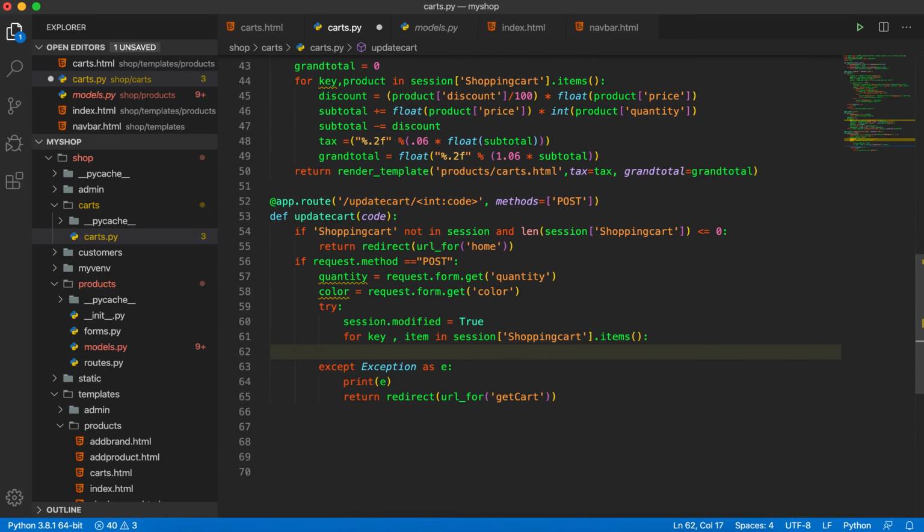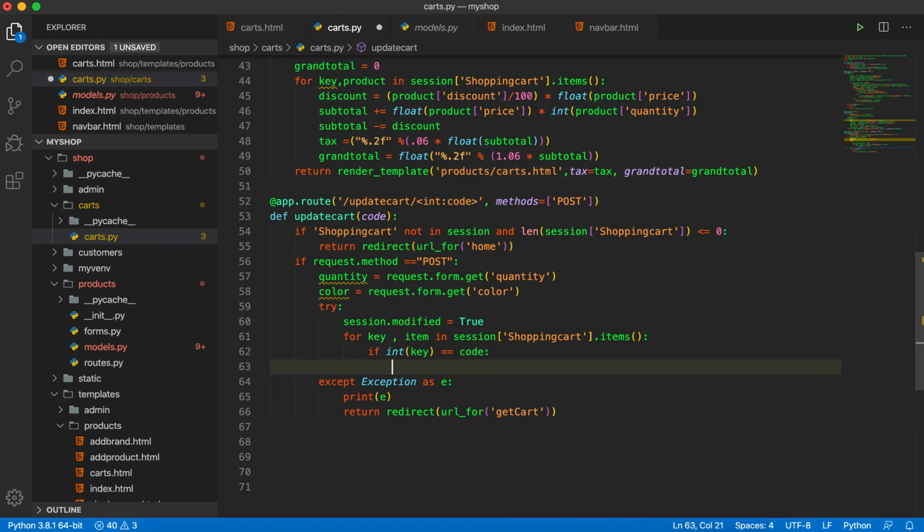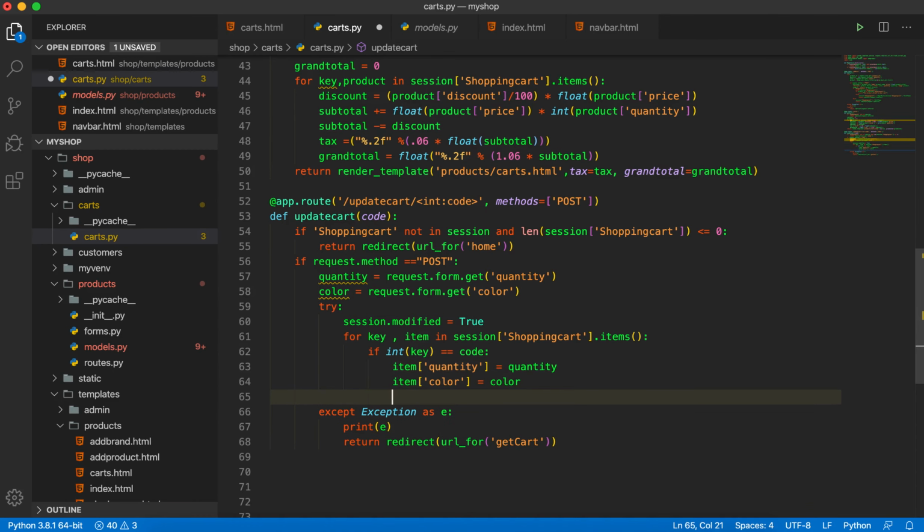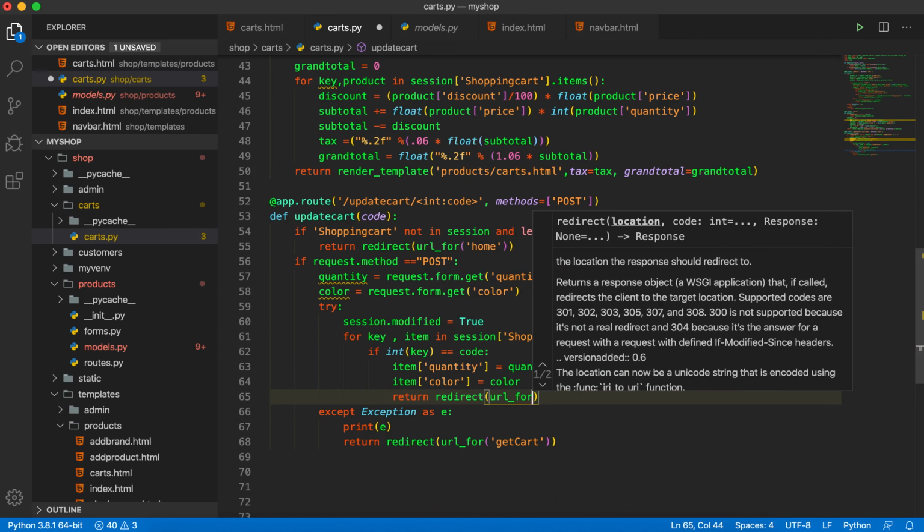So then if key, I will make it integer key, is equal to code, and then what we will do here, item.color will be equal to color variable, and item quantity will be equal to quantity, and then we will return and redirect and URL for,